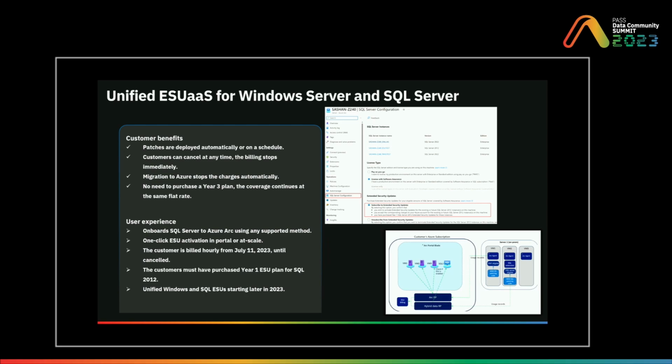So this is called extended security updates as a service. What that really means is that you don't have to pay the 3 years of licenses for the extended security patches in a fixed cost. You don't have to do that. If you subscribe for this service, you only pay for the time that you are using those extended security updates. For example, if you bought the extended security updates, but after 1 year you migrated to cloud,